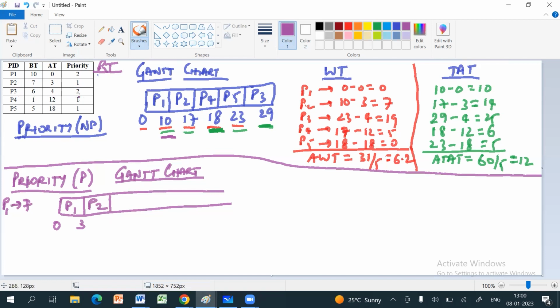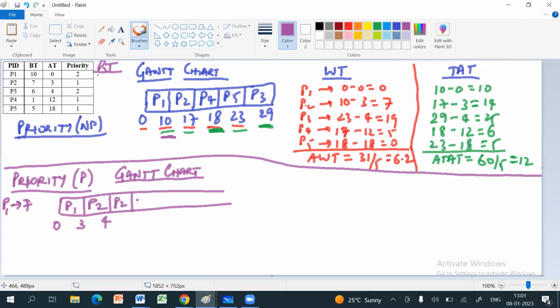Now P3 arrived at time 4 with a priority 2, which tells us that P2 has a higher priority because lesser number indicates higher priority. So obviously P2 will be temporarily stopped at 4 to compare which process has interrupted and what is its priority. Now, because P2 has a better priority than P3, which has interrupted, P2 will continue to execute here